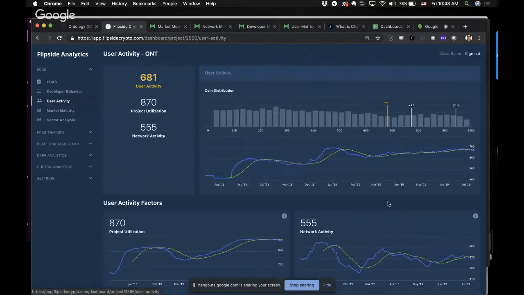I do want to call out one thing here. Network activity is a look at all sort of economic throughput. So miners, speculators, investors, etc., and users. And this is actually users. So these are people who are using Ontology. Really high rating, a fantastic operation going on here where people are actually using this project. So pretty exciting.